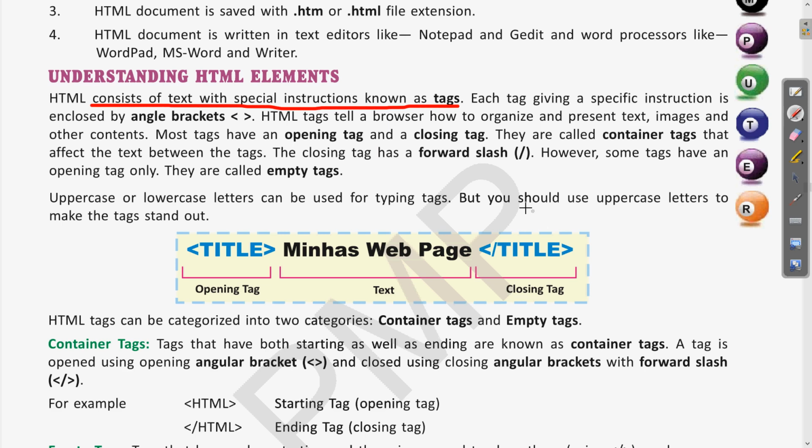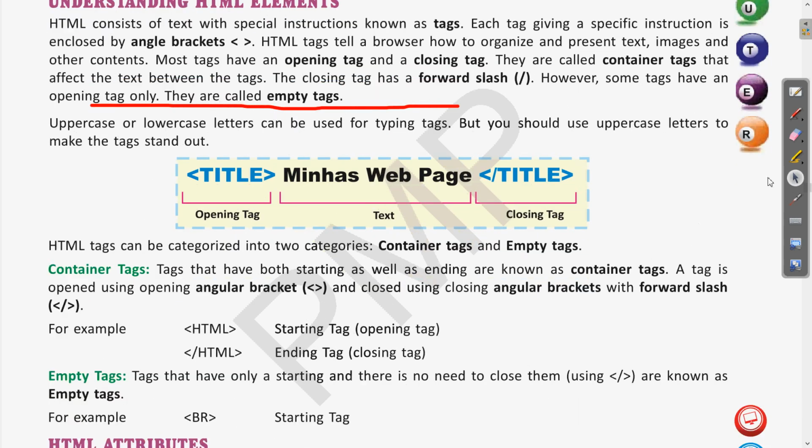tags. And of the tags, we have seen two types, the container tag and the empty tag. So what are the container tags? Those tags which have both opening and closing are called container tags. For example, here you can see the HTML which is written in angular brackets. This has opening and closing both. So how do we recognize that it is the closing? If the tag has a forward slash, clear? This denotes that it is the ending or closing tag. The same is appearing here. So this example which has the starting as well as ending is an example of a container tag.